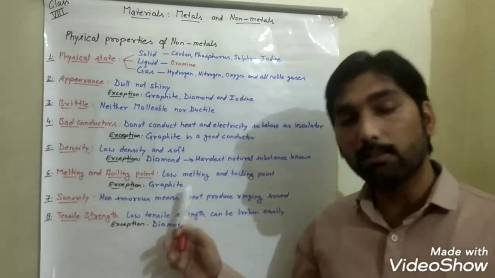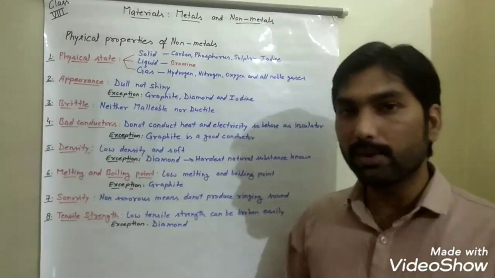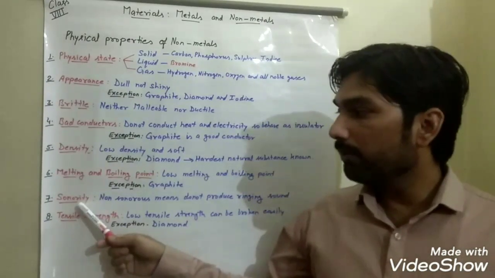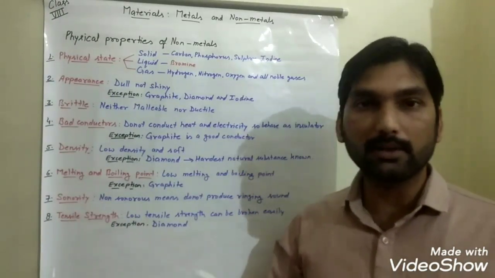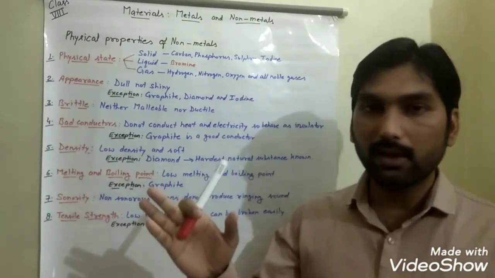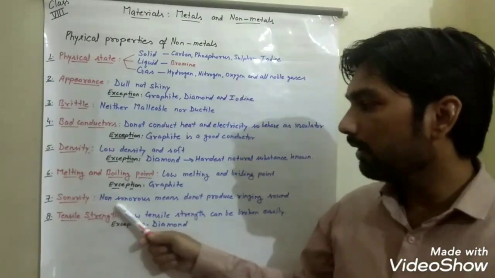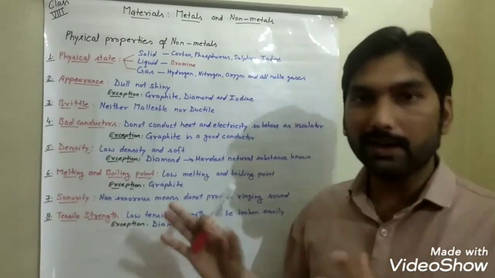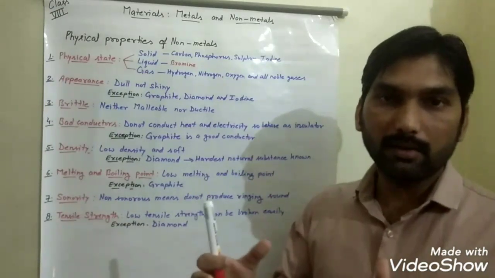Graphite. Its melting and boiling point is high, as you have seen in the case of metals that they possess high melting and boiling points. So next property is what? Sonority. You are aware of the sonorous property of metals, that all the metals produce a ringing sound whenever they are struck hard. But in the case of non-metals, all the non-metals are non-sonorous, meaning they are not going to produce any ringing sound,